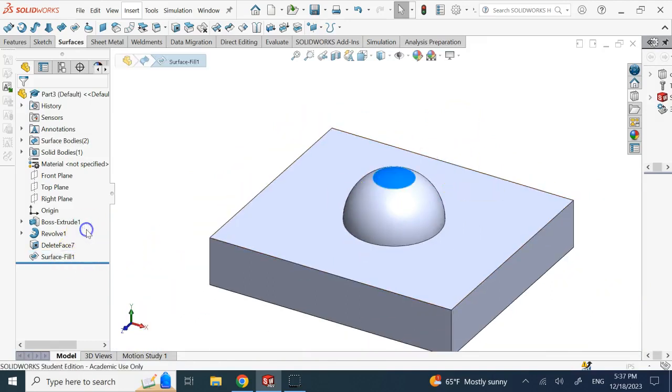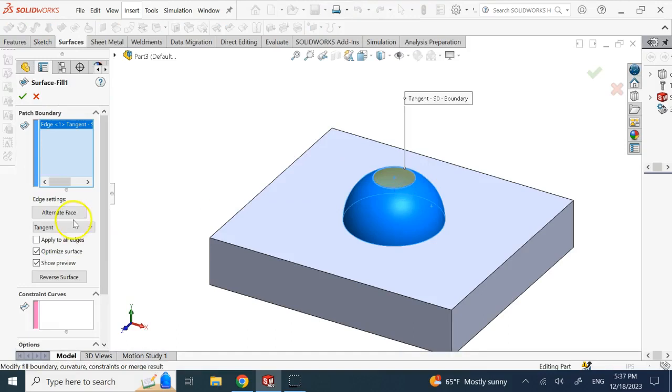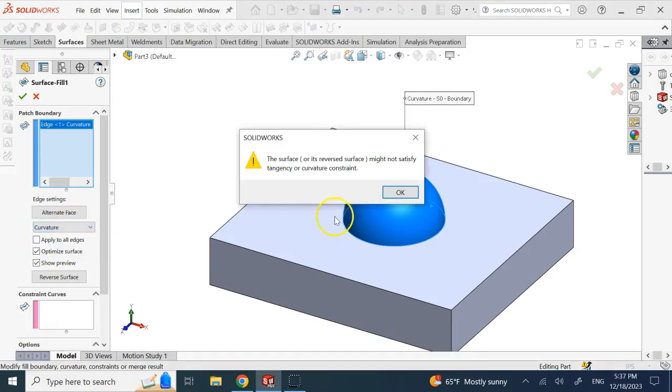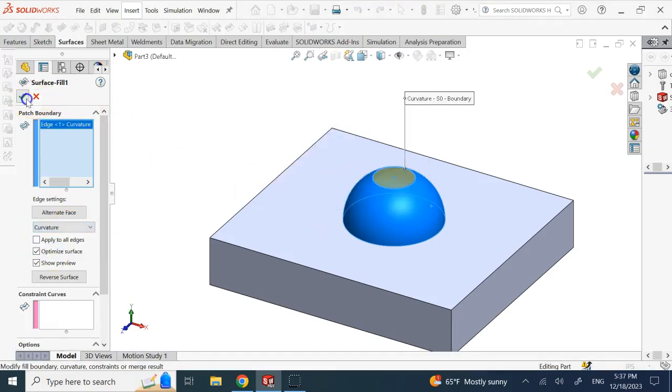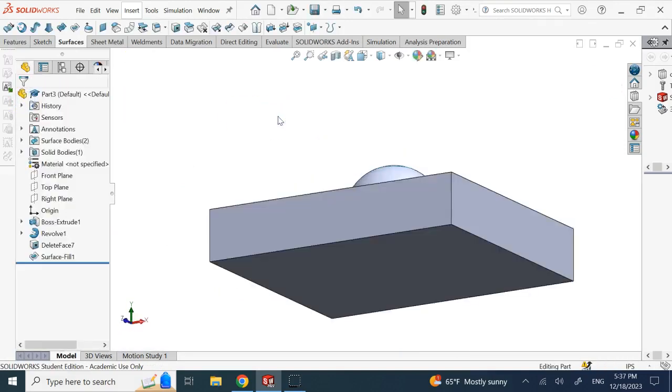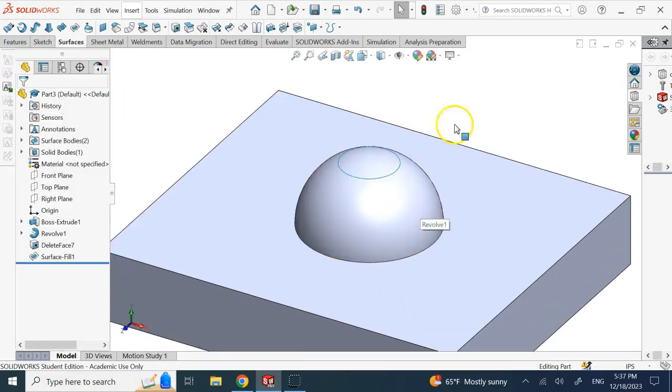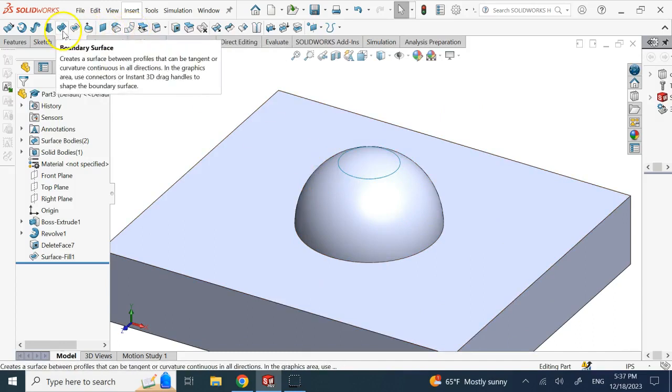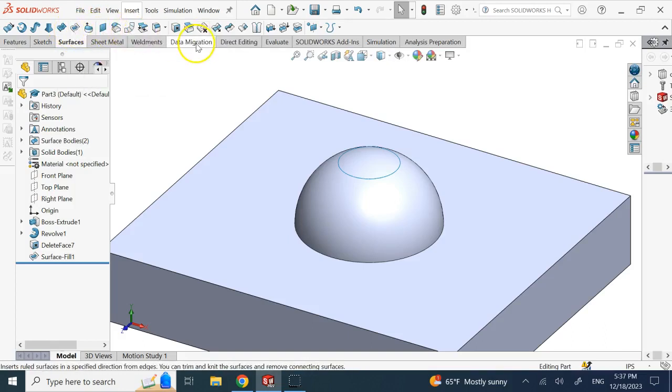Or in this case, it's better to use what? It's better to use a curvature actually. So I want the curvature, okay? And here it tries to match the curvature for you. You see, so it gives us more options and it's not just necessarily making it a flat surface. Okay, so we have seen rule surface, we have seen planar surface, more options for fill, and we also have seen what under direct editing, move face, and of course